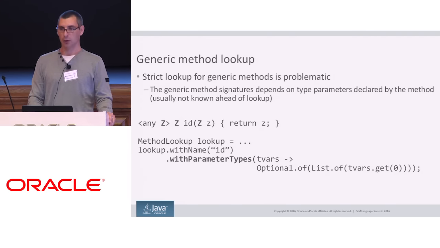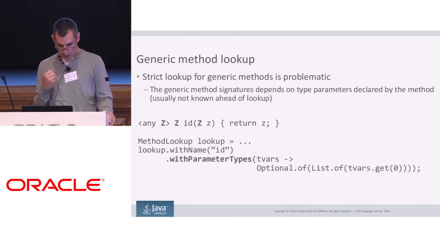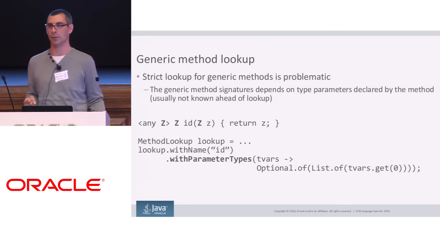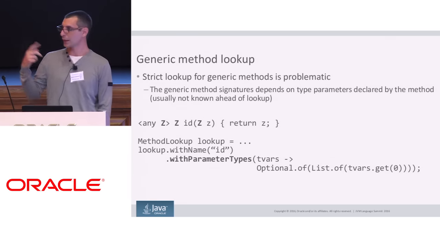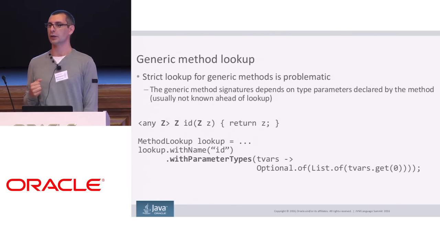Of course, doing strict lookup with generic methods is a little bit of a pain because, as you can see from the slide, generic methods can introduce their own type variables. And if I'm going to do a lookup, looking at this from a client perspective, if I'm going to have to match this generic method, how the heck do I specify the signature for that method? Because I don't know about that type variable ahead of time, right? So Brian came up with a nice idea about this, which is, well, let's just add a new filter method